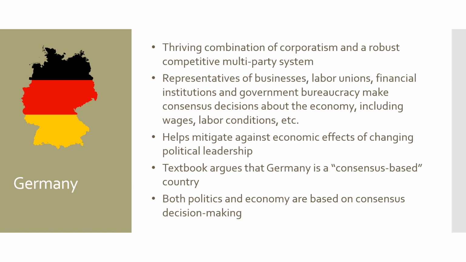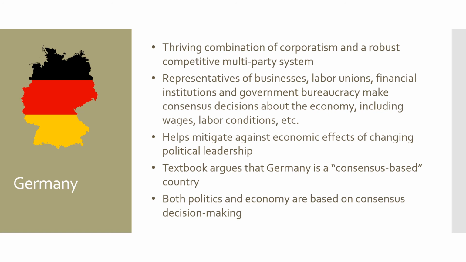And your textbook really says that part of Germany's success and stability has been that they are a consensus-based country. That they have coalition governments. They have these grand coalitions between the two big parties, where the liberals and conservatives are really governing together. And then that goes along with the system of corporatism, in that Germany has become good at soothing over and